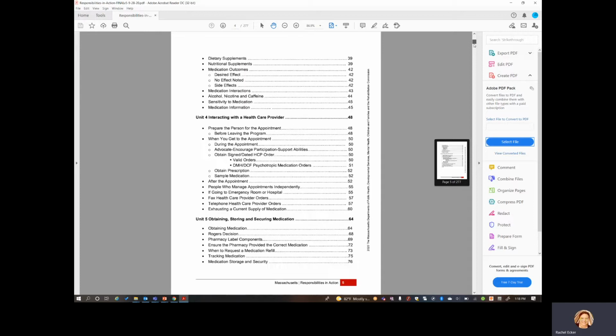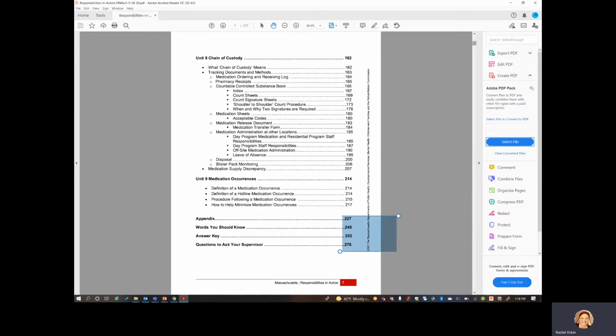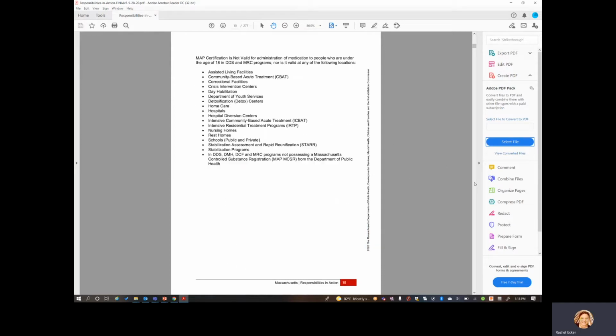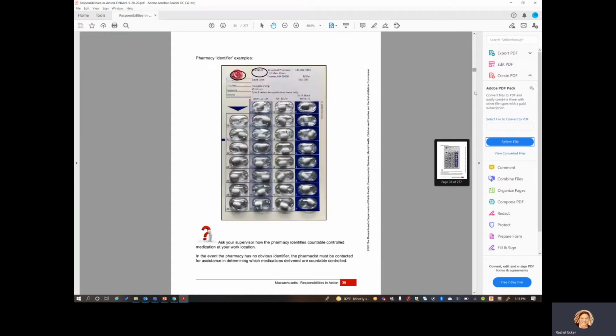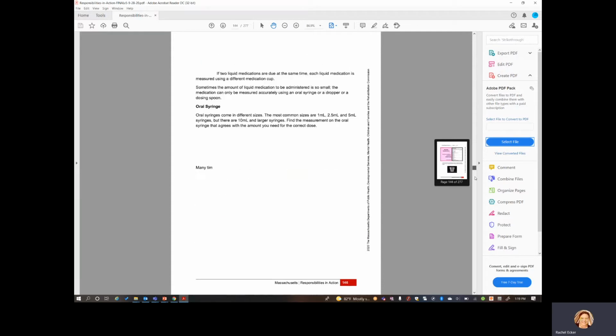This workbook has very important information in regards to MAP policy and a lot of diagrams. We're going to turn to page 190 of the workbook for the information for offsite administration.